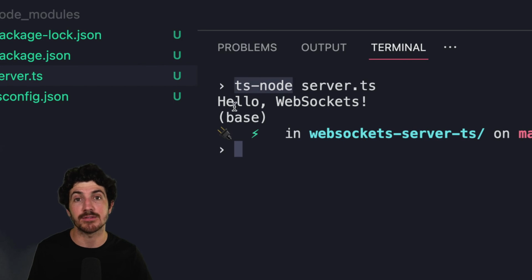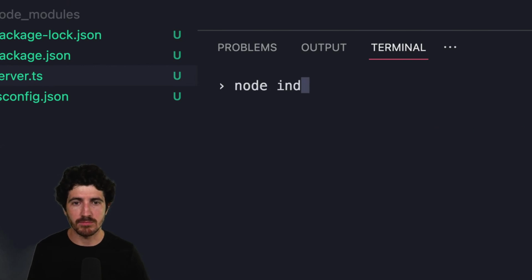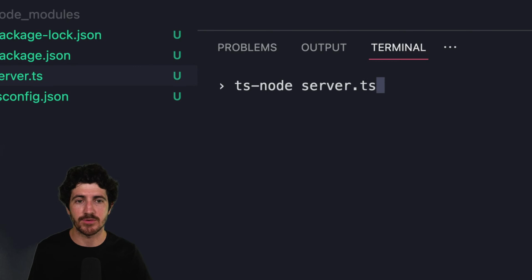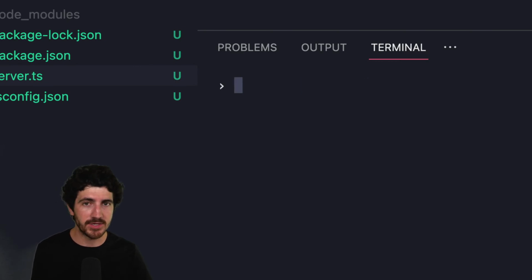Note that I'm using ts-node. This is a TypeScript version of Node. Whereas you can do node index.js, for example, for running JavaScript scripts, here we do ts-node index.ts, or in this case, server.ts. You can install ts-node